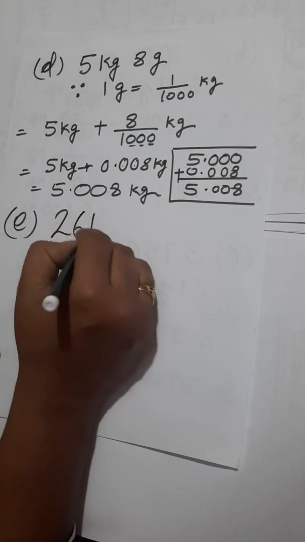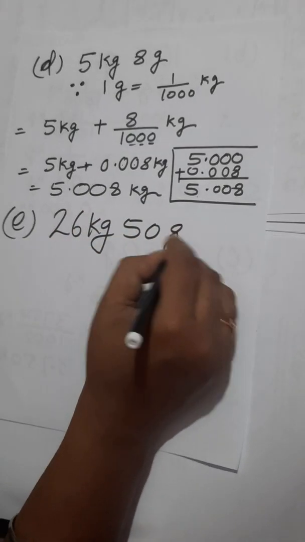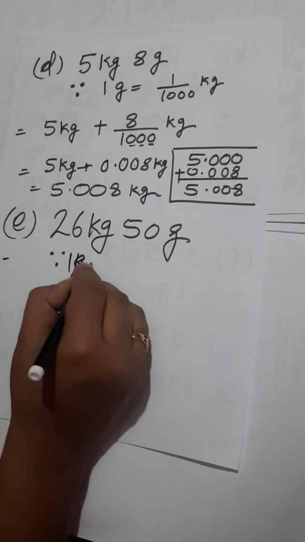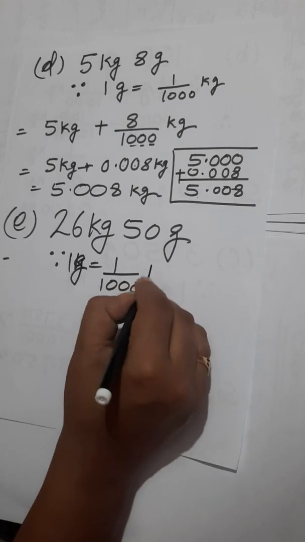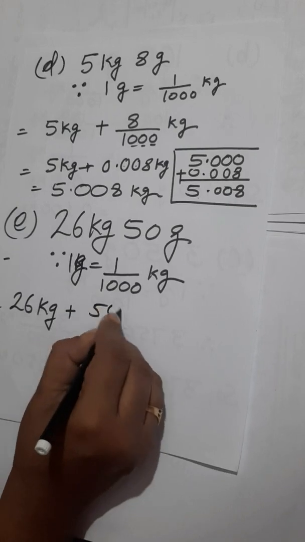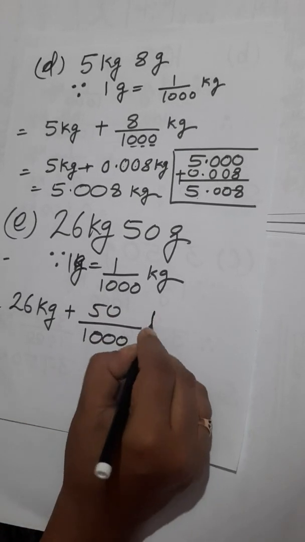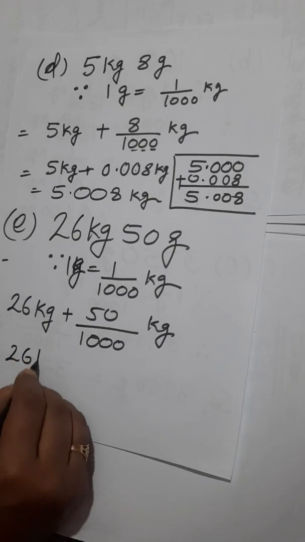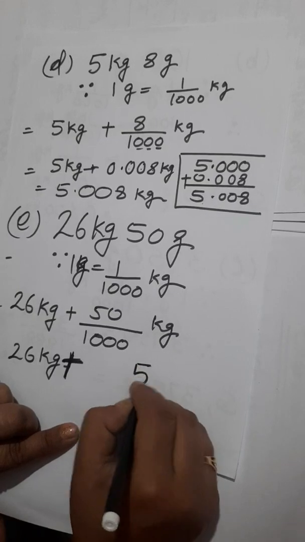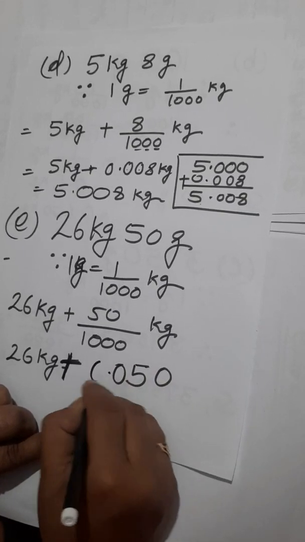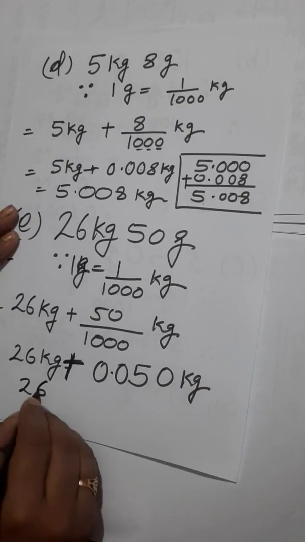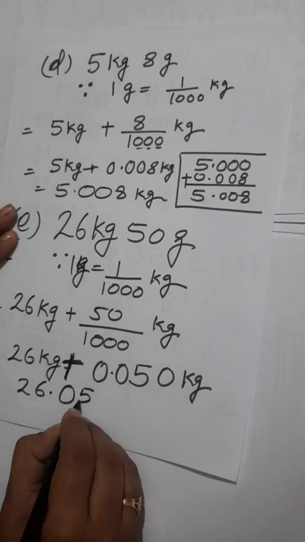E part is 26 kilogram, 50 gram. So again I will write, since 1 gram is equal to 1 upon 1000 kilogram, so 26 kilogram as it is plus 50 upon 1000 kilogram. Now 26 kilogram as it is. Now whenever you have to put decimal, you will write 0.050 kilogram. So your answer is 26.050